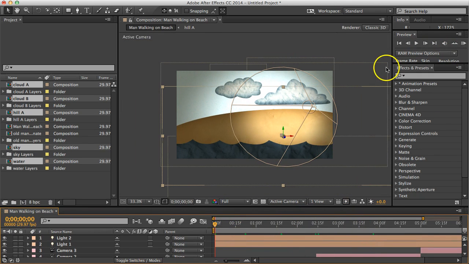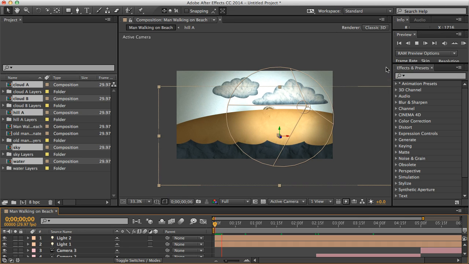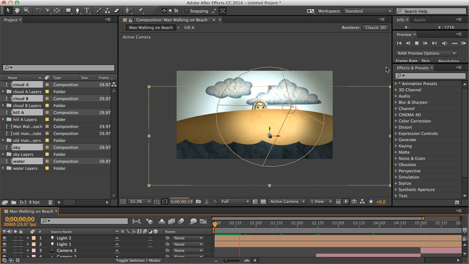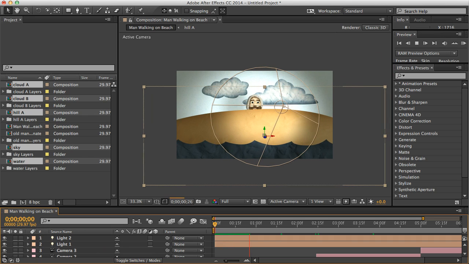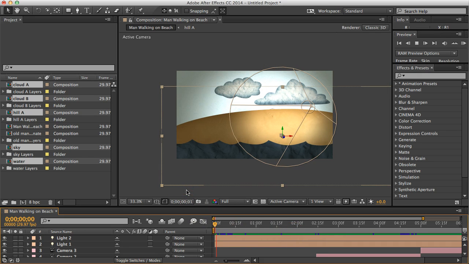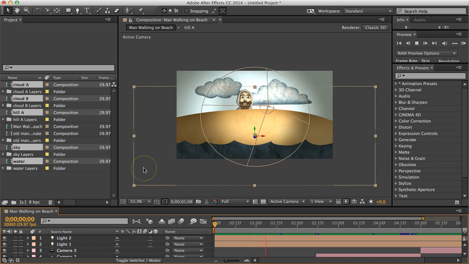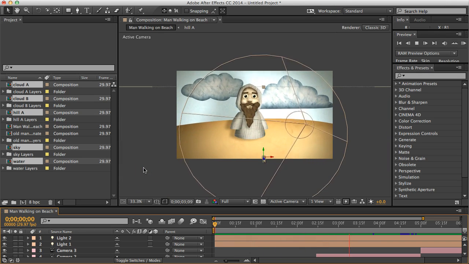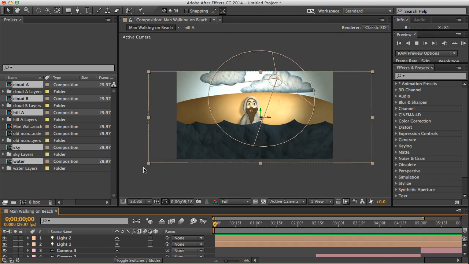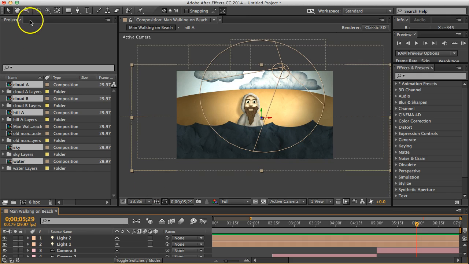Perfect. So then if I play it, let me let it load. Once it renders, this is what it should look like. Okay, go ahead and save it. But so that you can turn it in, go to